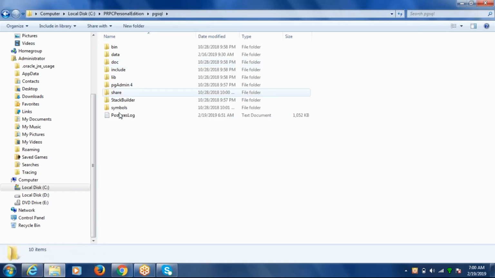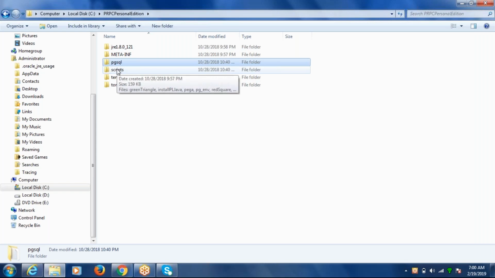If you open this, you can see there are multiple other folders which relate to the database. PGSQL is the database coming with the personal edition software. This is PostgreSQL which is running. Whatever application we are creating and whatever tables are created will be stored in this PostgreSQL database.